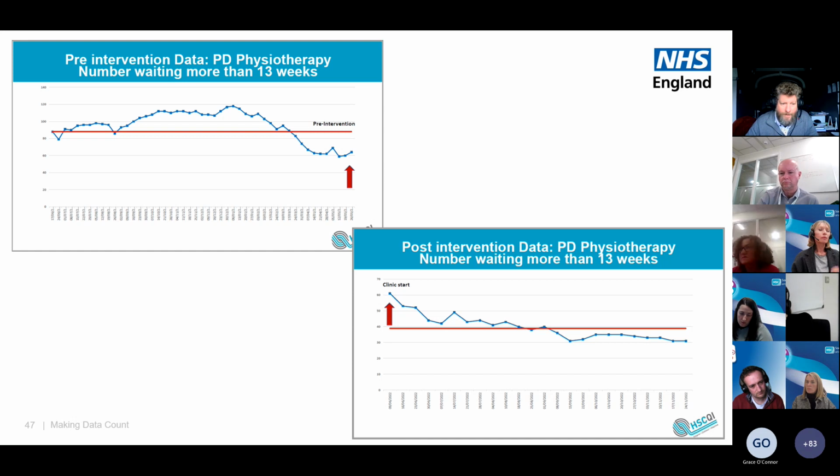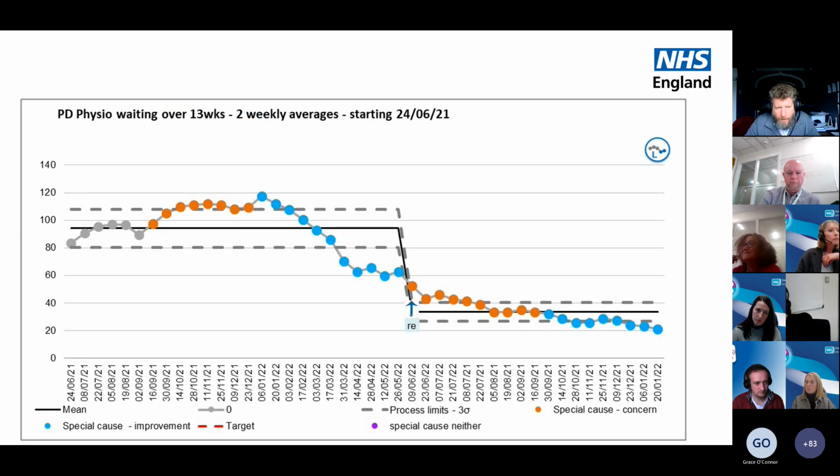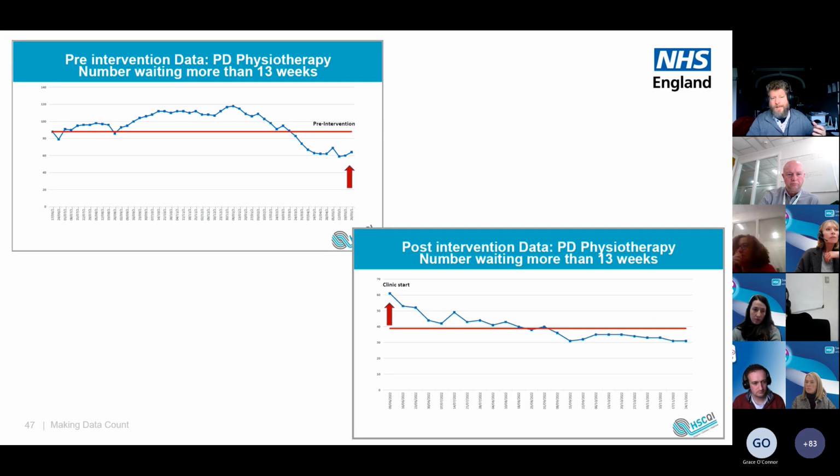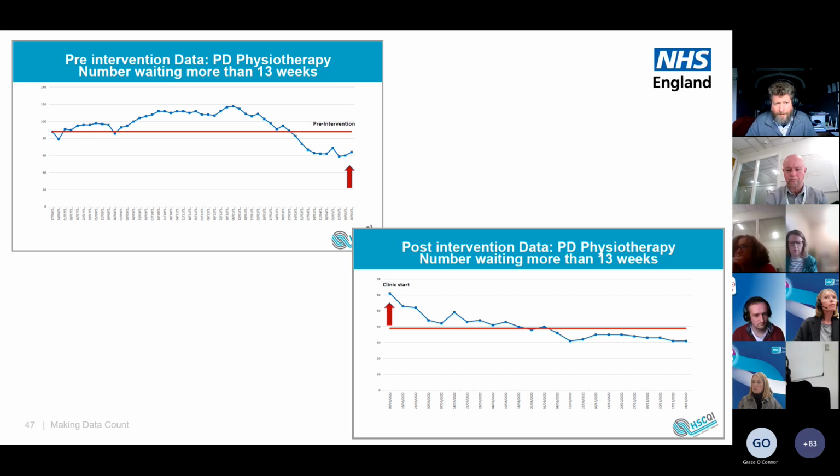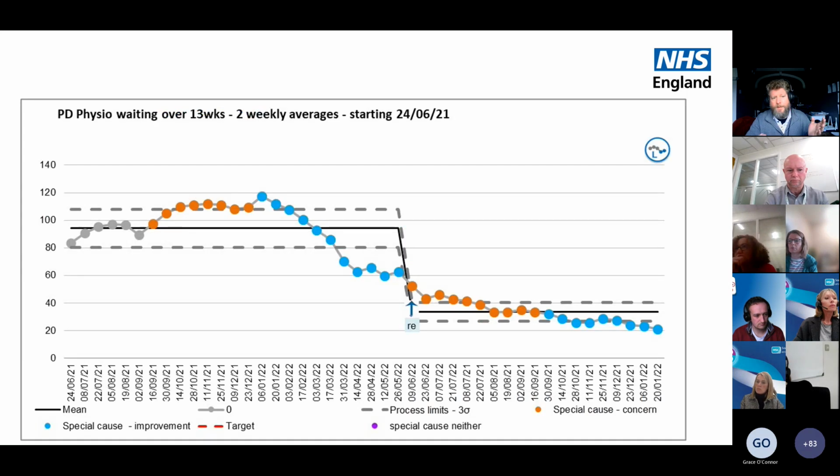So I had a little play with it, and this is how I would present it. It might not work for the data you've got. This is just an example based off what you sent through. I pulled out the data from the raw file, and you'll see that it's plotted weekly, so it was getting to be a few too many data points. What I do is aggregate that up into a larger time period. In this case, I tried aggregating it to 2 and 4 weeks. In this example, I've got 2 weekly averages, so I've taken the values for each of the 2 weeks, added them together, divided by 2, and plotted this